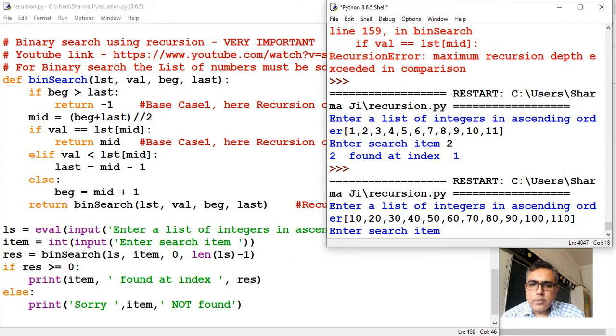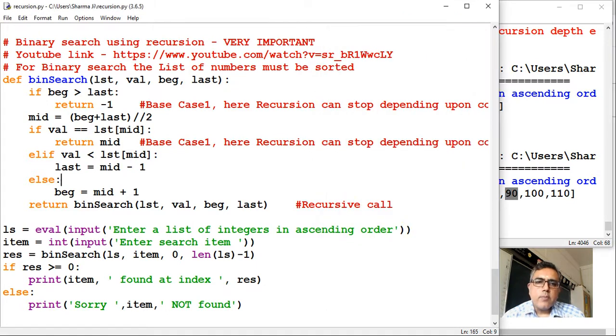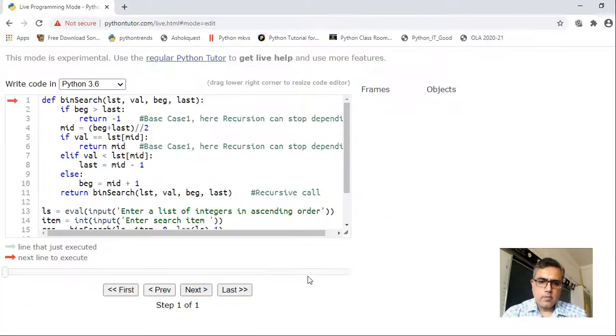Okay, suppose I want to search for item, let us say 90. 90 found at index 8. Let us confirm: 0, 1, 2, 3, 4, 5, 6, 7 and this is the 8th index of the list. So my code is working properly.